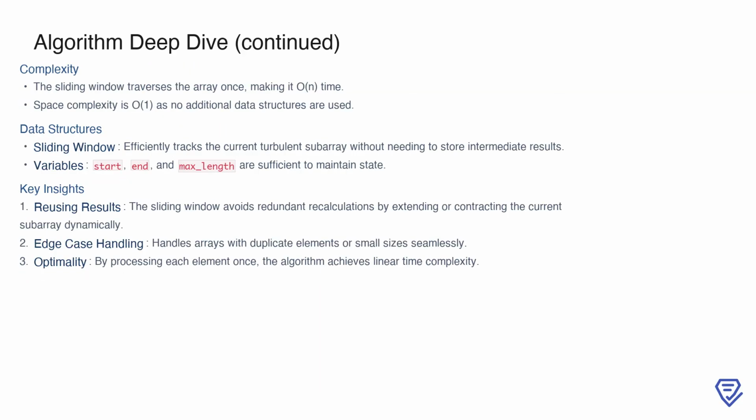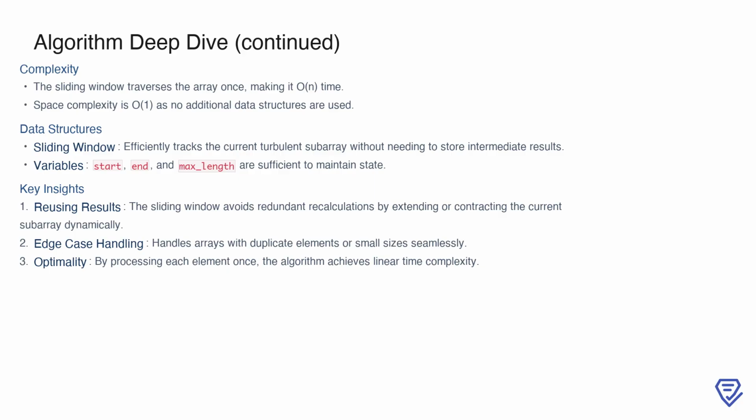The sliding window approach is highly efficient because it processes the array in a single pass, achieving O(n) time complexity. This improvement comes from the fact that the window dynamically adjusts without recalculating turbulence for overlapping segments, as was the case with the brute force method. The space complexity is O(1), since we only use a few variables, start, end, and max_length, to maintain the state